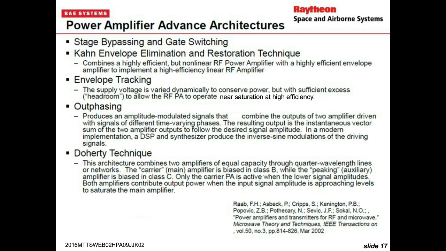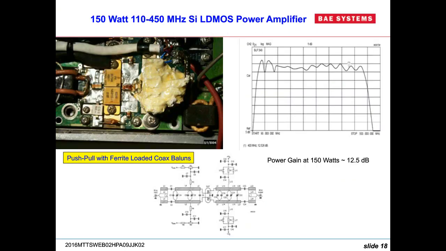Outstanding power level. Now, I'm going to go into some real-world examples here. Now, this is a silicon LDMOS push-pull amplifier. The baluns themselves are very simple. They're ferrite cores with a coax that's wound around it. It's shown on the left in the photograph. The shunt matching elements are these capacitors that go side to side. Because the way a push-pull amplifier works, it's at a virtual ground. So half of those capacitance values appear in shunt as matching elements on the two sides of the amplifier.